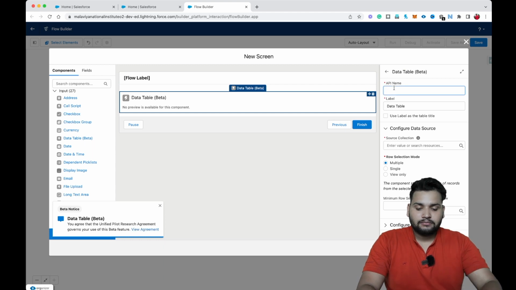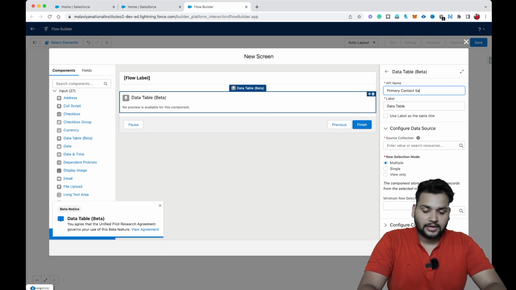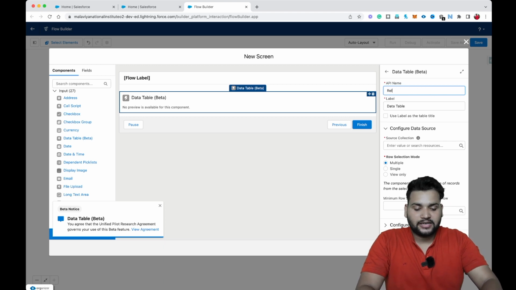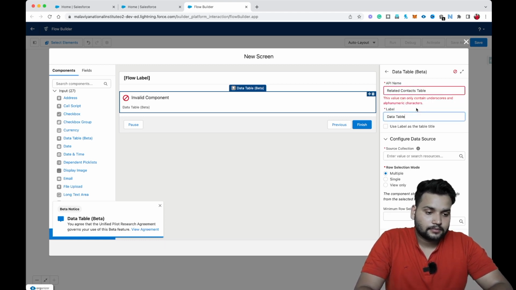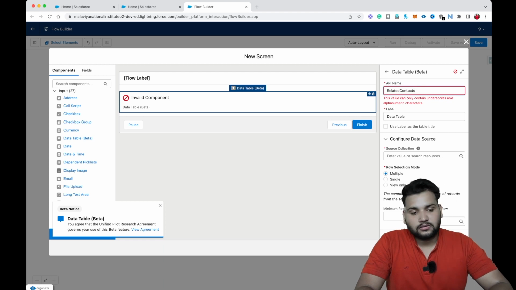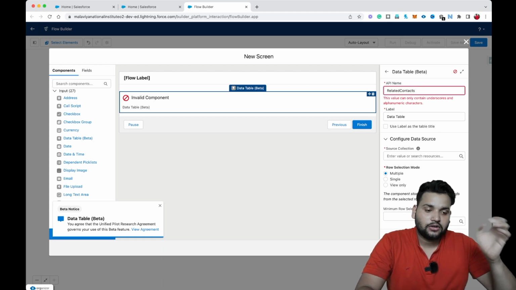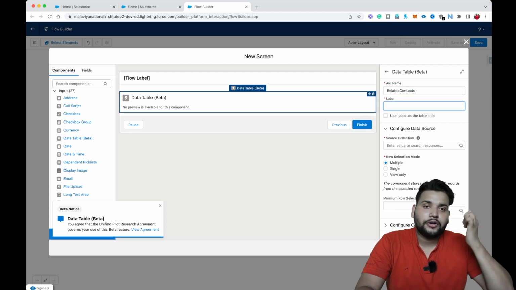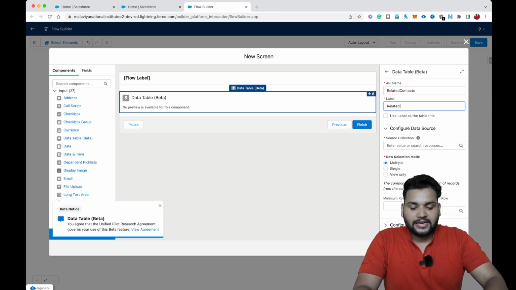Now let's provide a name, primary contact selection. Let's say related contact table. That would be a much better name. Related contacts table. Now, okay, here you can see there is an error, right? So what you need to do here is simply remove the space, or you can provide an underscore instead of space, right? You need to provide a label to your data table, right? So let's say related contacts,